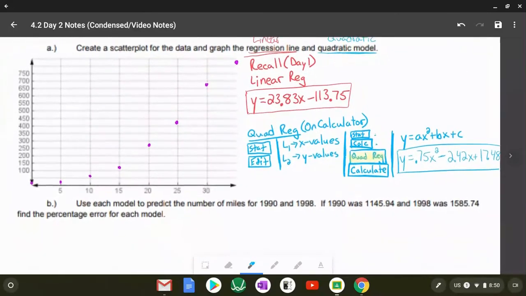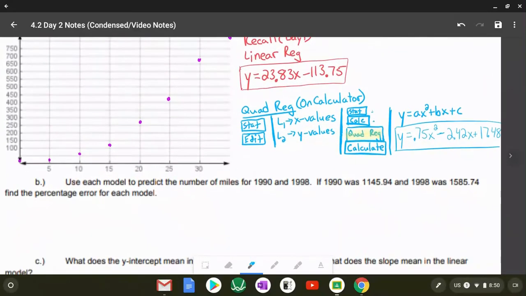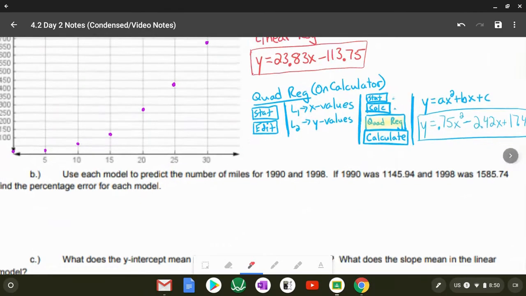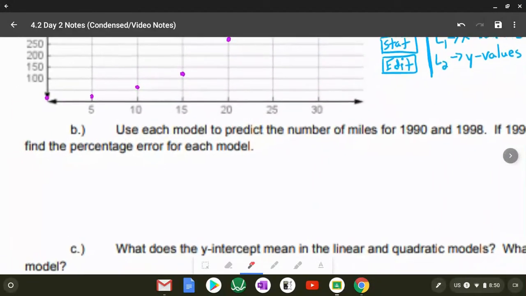Now, if we look on part B, it says use each model to predict the number of miles for 1990 and 1998. So if 1990 was 1145.94 and 98 was 1585.74, find the percentage error for each model. Well, first, what we got to do is we got to predict the number of miles. So let's go ahead and do our linear